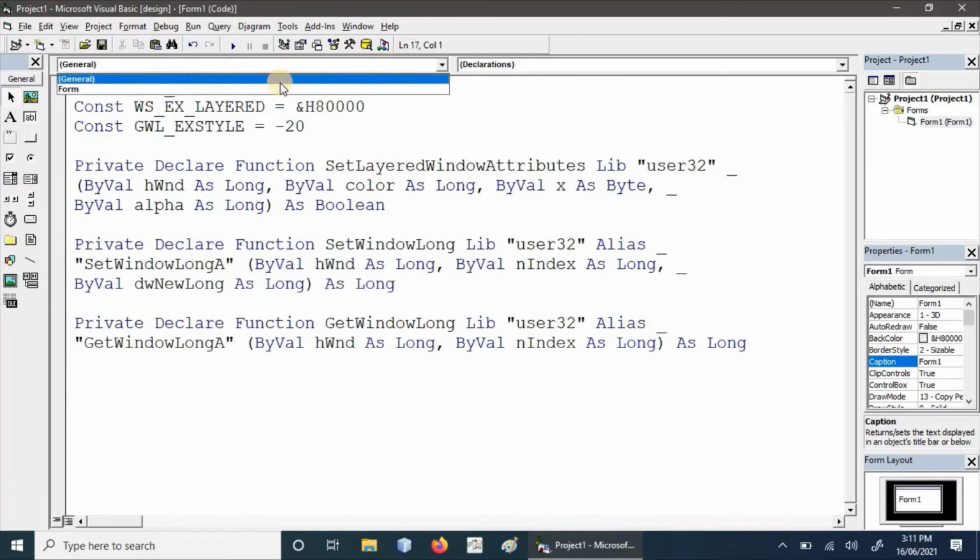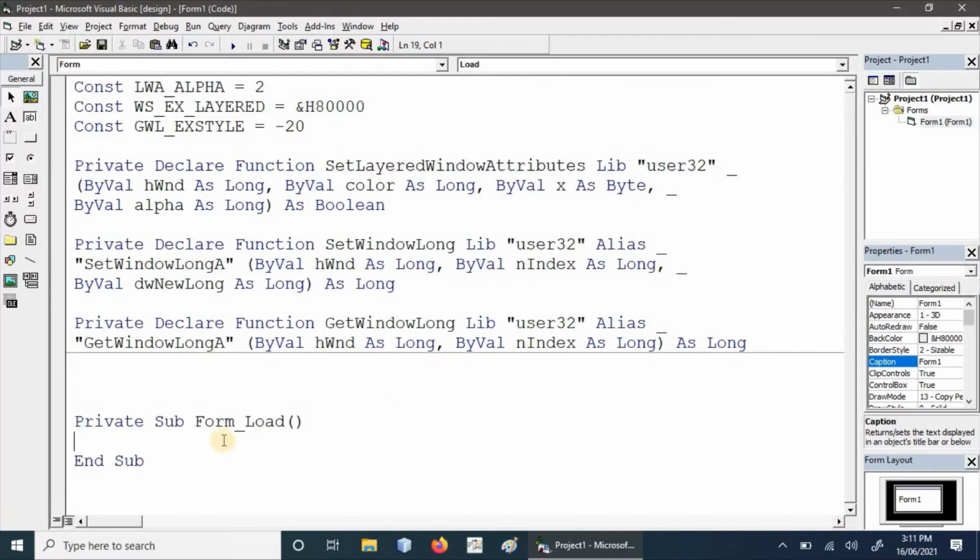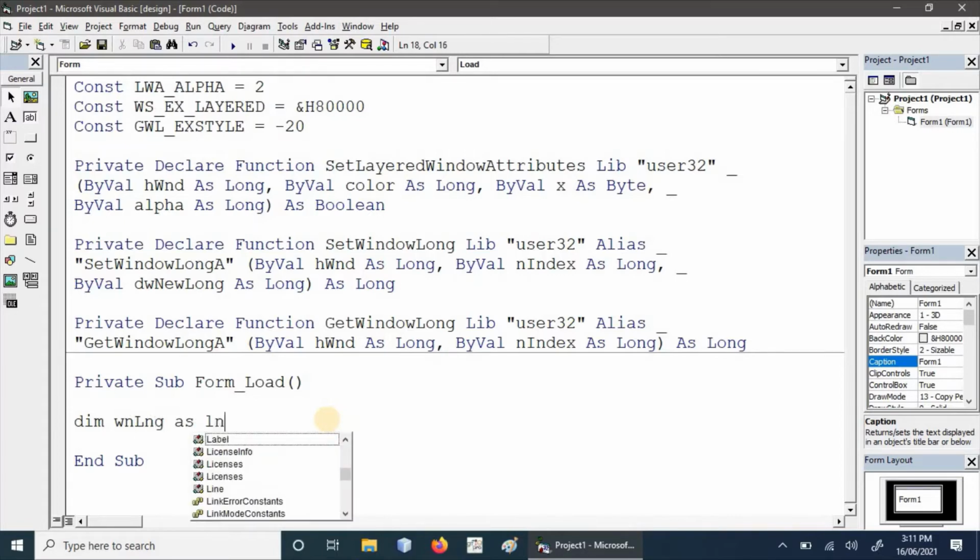This process will start from the form load event. In the form load event we will have to write some variables. First of all, window long as long.